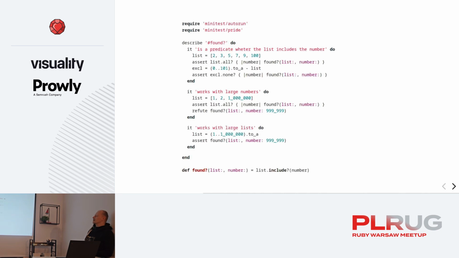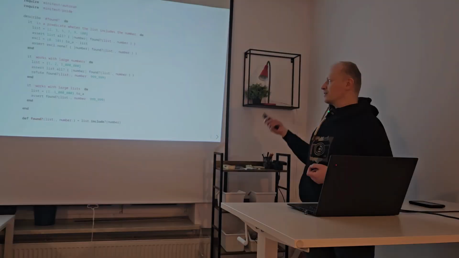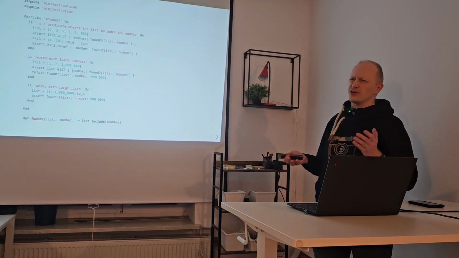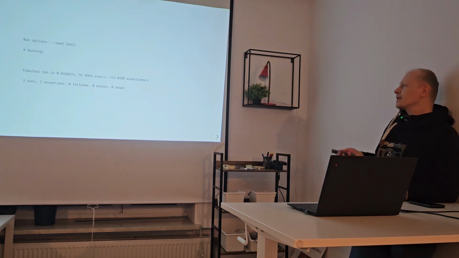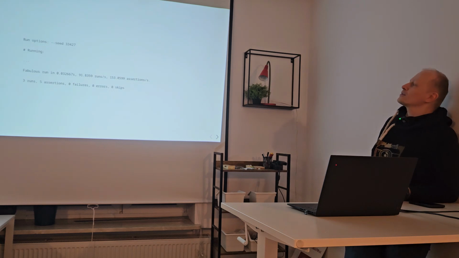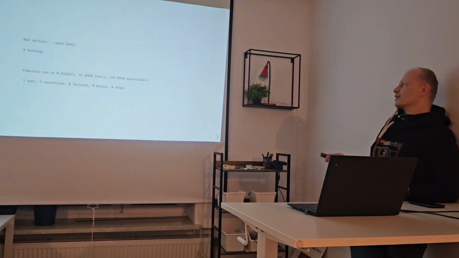The other kind of edge case is to have a very long list, like a list with 1 million elements, and to check whether the next to last element is actually in this list. So we can see whether the list include predicate is any good in those two, maybe not edge cases, but edge-ish cases. And we run it, and it still runs in 0.03 seconds, and it runs with like 150 assertions